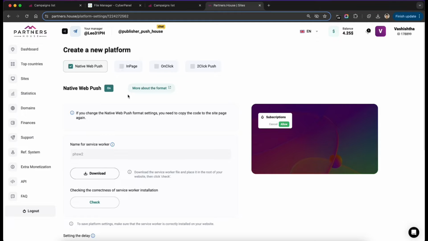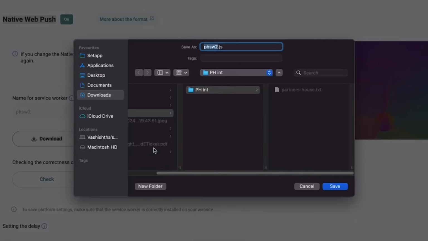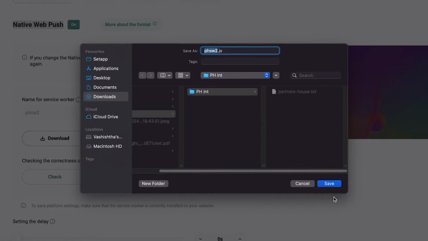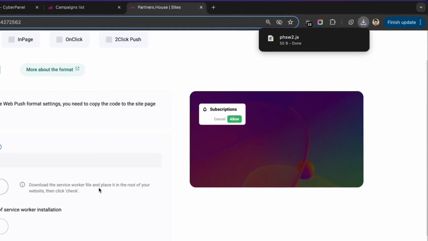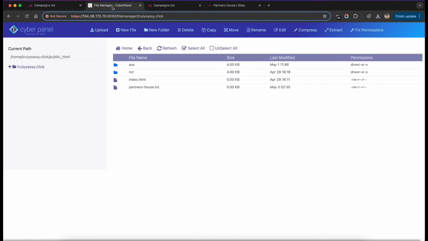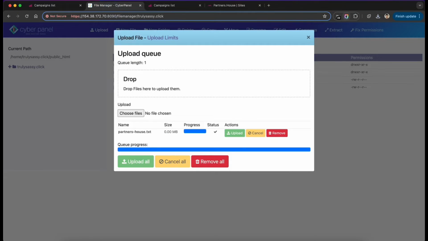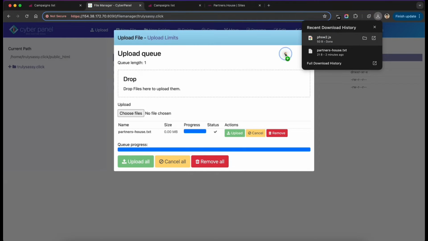Now there are four types of monetization, as you can see: native web push, in page, on click, and to click push. In native web push, we need to first download the service worker and upload it into the root of our website. So the same way we are going to do this: download the file, then go back to file manager, click on upload, and from here we simply upload the service worker here.